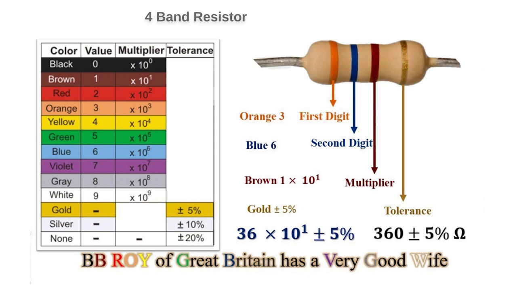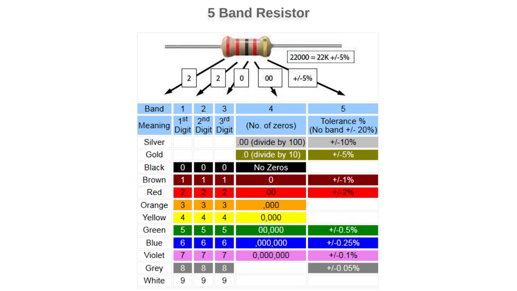So what is the tolerance in a resistor? It is the maximum difference between its actual value and the required value. Generally, it is expressed in plus or minus percentage values. We can take an example of a 5-band resistor. In this, we add one more digit, so there are 3 digits, the fourth one is similarly the multiplier, and the fifth one is the tolerance.